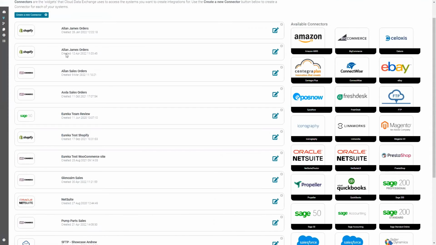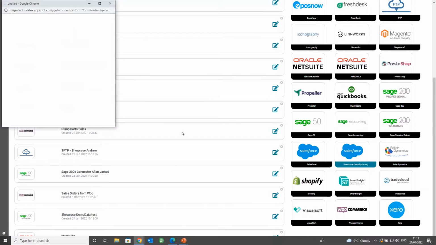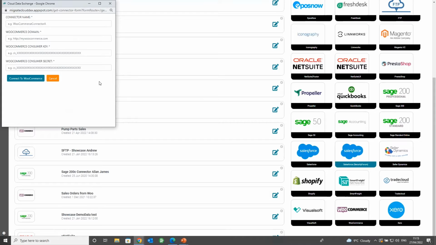So I'm going to create a connector here for WooCommerce. I'm going to click on WooCommerce. It takes me to the part of the system that allows me to log in to the defined WooCommerce site domain that we're integrating with. We'll call this EBS sales.